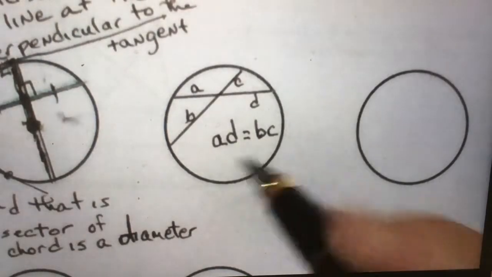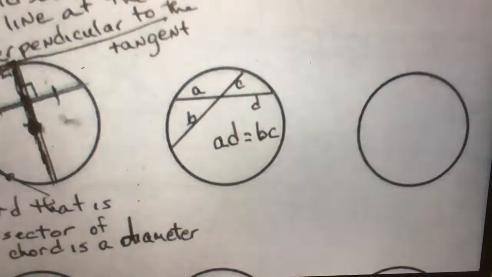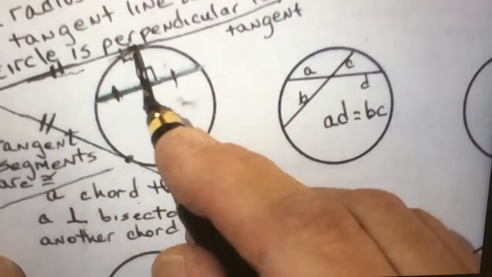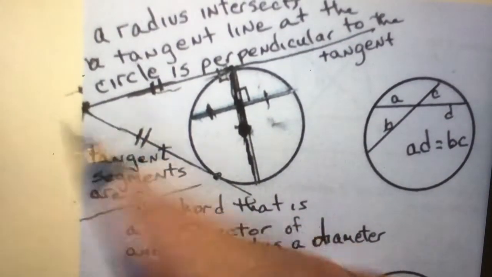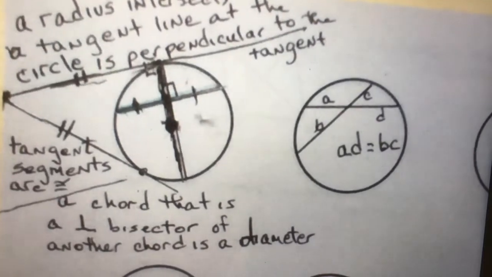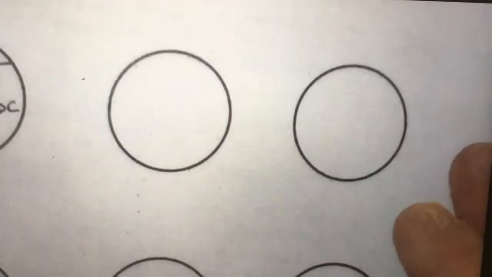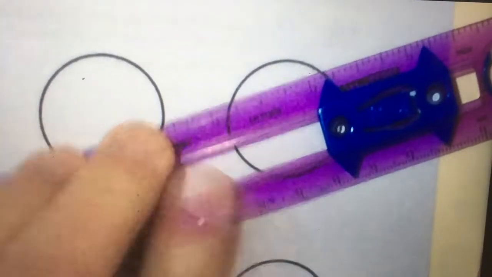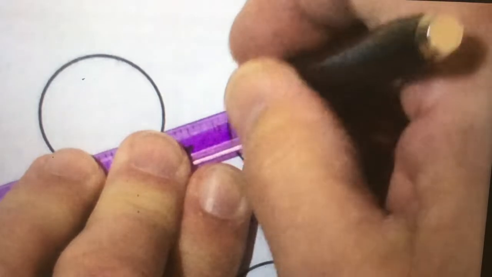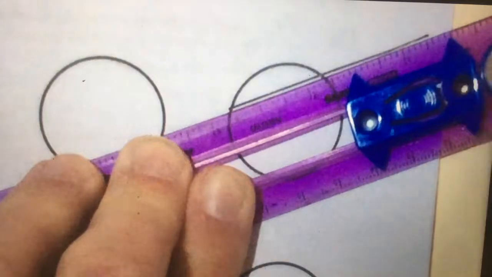Okay? So we've got two segments here that intersect inside the circle, and two segments here that intersect outside the circle. So we've almost covered everything, except for two things. We haven't covered, I'm going to move all the way over to the right here so I have more room. But if I draw two secant lines, which go through the circle and then continue on,